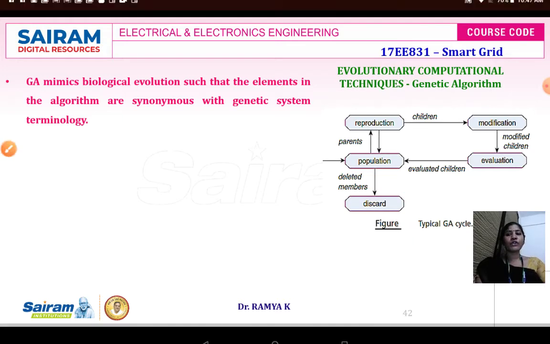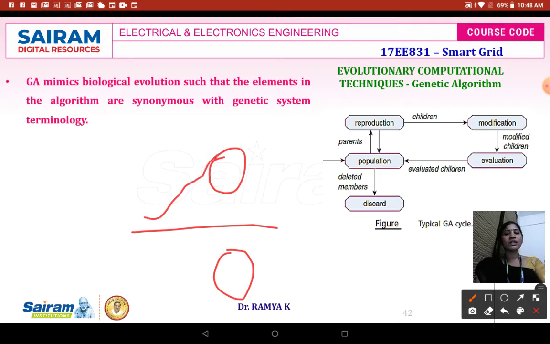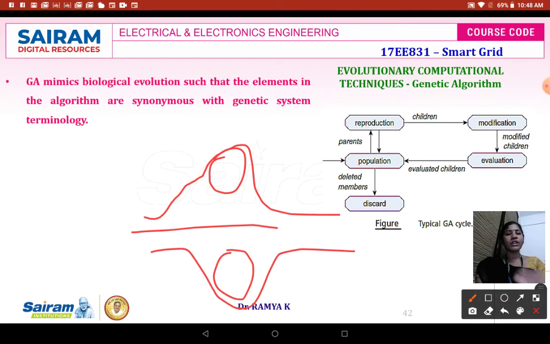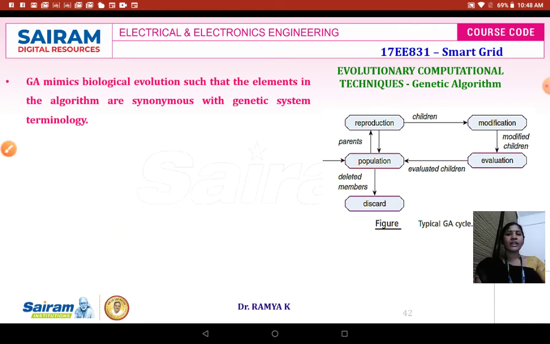For example, if you are using ant colony optimization, the ant has different characteristics, like it can move in a straight line. Suppose the food is available here, the ant has the capability of moving like this and again coming back like this. Similarly, it goes like this. According to the requirement, it alters its own characteristics. It can move one over the other, or it can go in a straight line, or more ants can move in a lump sum amount. So like that, you can take the characteristics of each individual and frame the algorithm.